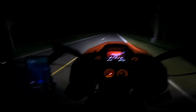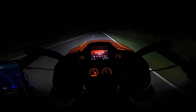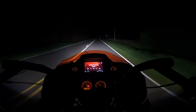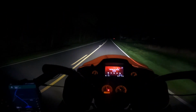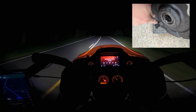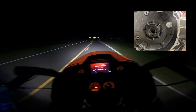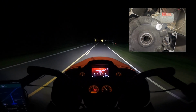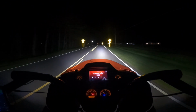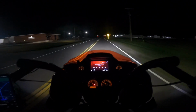Alrighty, we are back out here, and we're back on Spanky's Road Glide. We've done some modifications to it: two Baja LP6 lights on the front, and then modified the inner primary for the chain clearance. So headed off here late at night to go drop it off for them. And yeah, I'd just say the lights, I have a very similar setup on mine, but